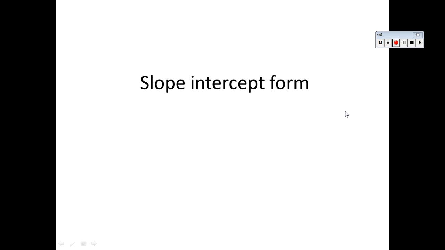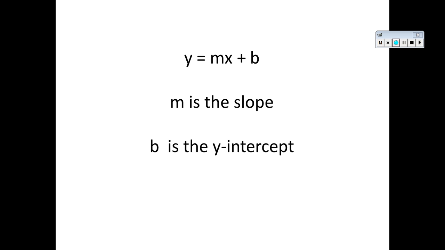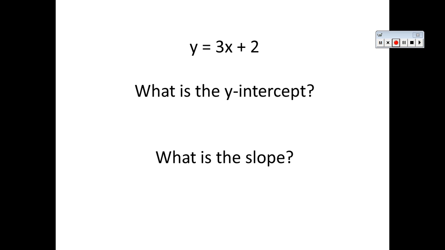Alright, slope-intercept form. Think about what a slope-intercept form equation looks like. Pause the video, think about it first, and then press play. Slope-intercept form is in the form y equals mx plus b, where m is your slope, so the number in front of your x is your slope or your rate of change or your rise over run, and then b is your y-intercept. So if I'm looking at the equation y equals 3x plus 2,